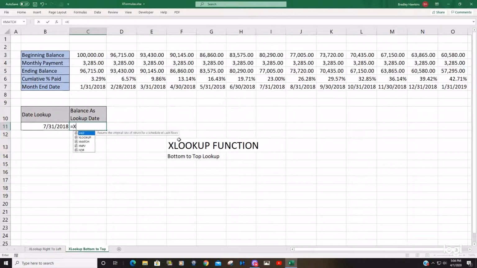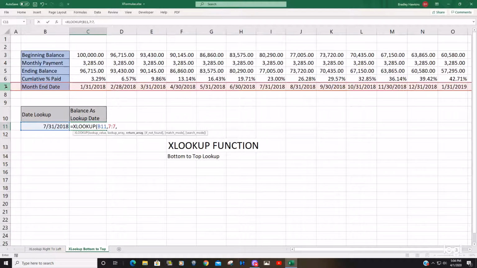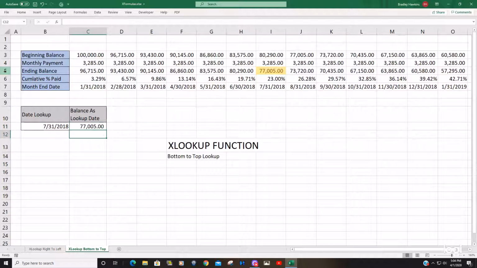So start with the XLOOKUP again. Our lookup value is this date here. Our lookup array is going to be row 7. Our return array is going to be row 5. And that's all we need for an exact match in this example, so I'm not going to worry about those other optional inputs. Hit enter, and you can see